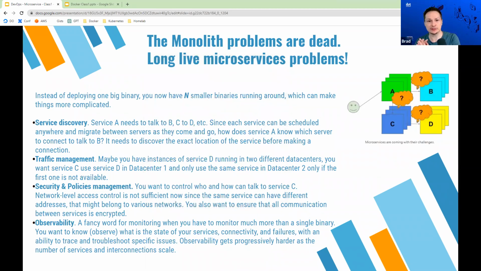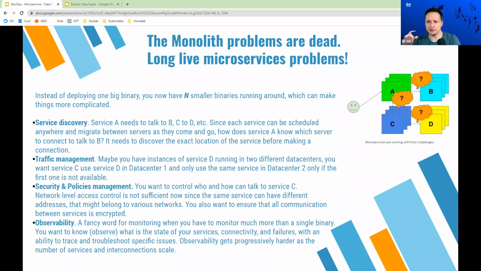So service discovery, one thing that needs to happen. The next thing is traffic management. So we're going to distribute these microservices across different data centers, different locations, and basically it becomes a little complex, not only how these microservices discover each other, but how they route the traffic to each other, right? So there's a little more complexity with the different routing that needs to happen, everything like that.